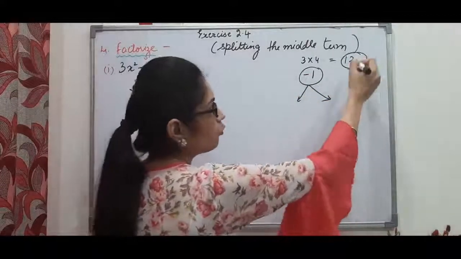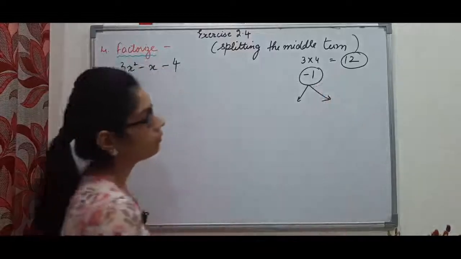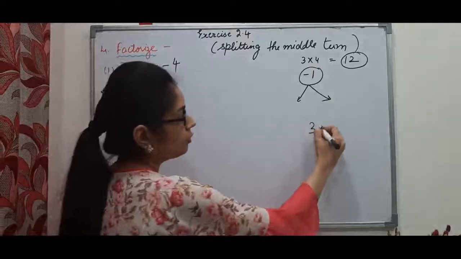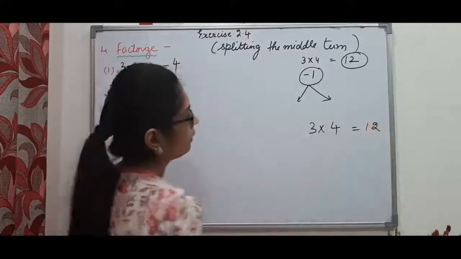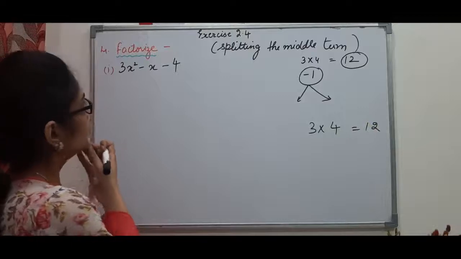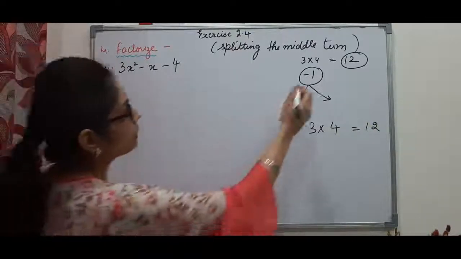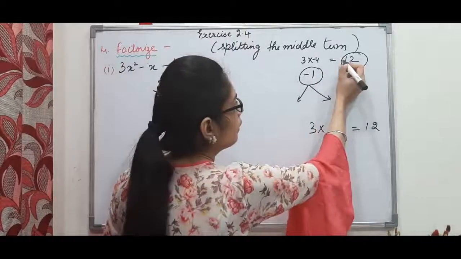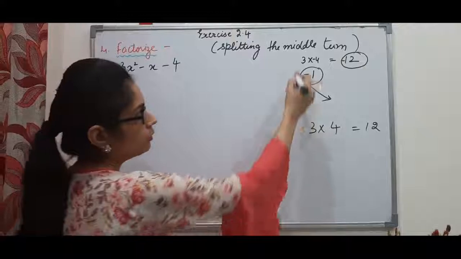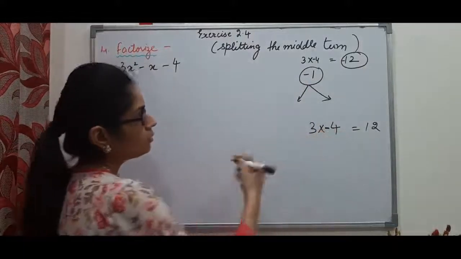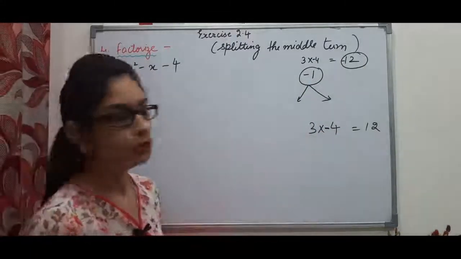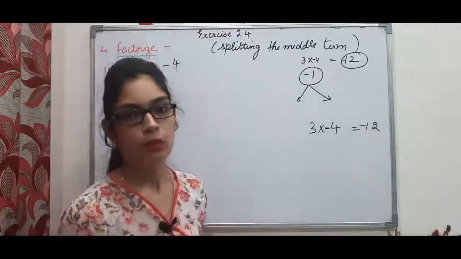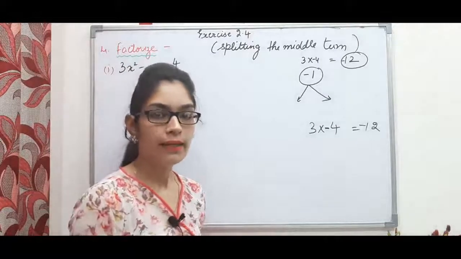Same way we have to make the factors of this. So let's try to make the factors. Let's start with 3 into 4 because I know 3 into 4 is 12. So here it is 3 into minus 4 because I have to see the terms along with the sign. So here my term is minus 12. Let's try to use these 2 numbers first. So 3 into minus 4 is minus 12, and if I do its addition, 3 minus 4, it will be equal to minus 1 because minus and plus